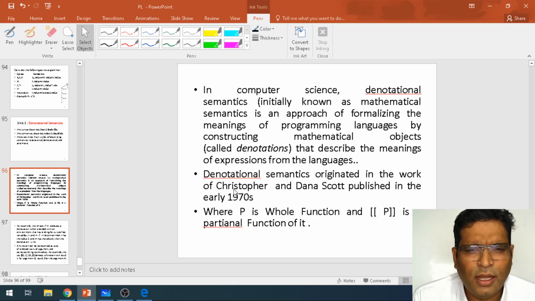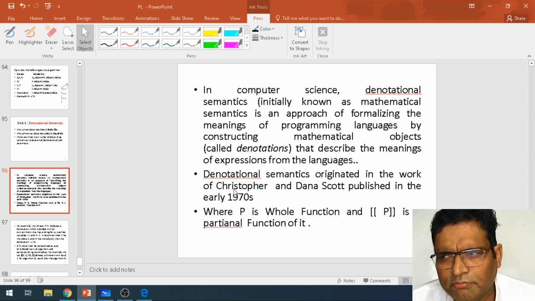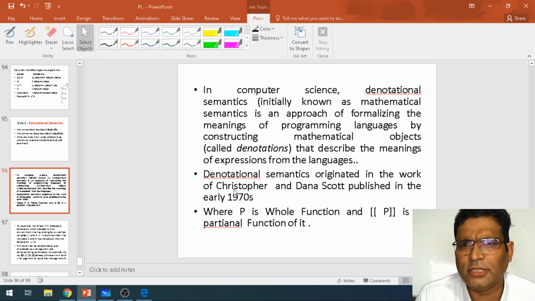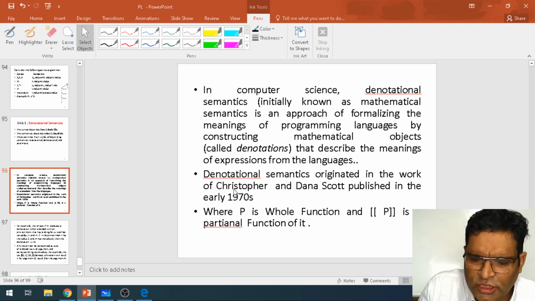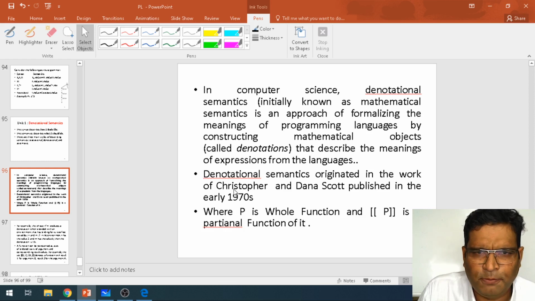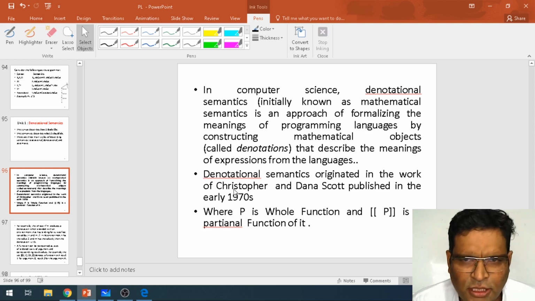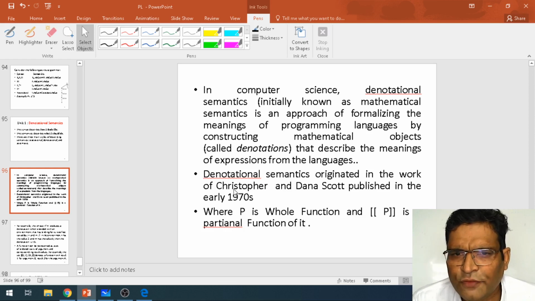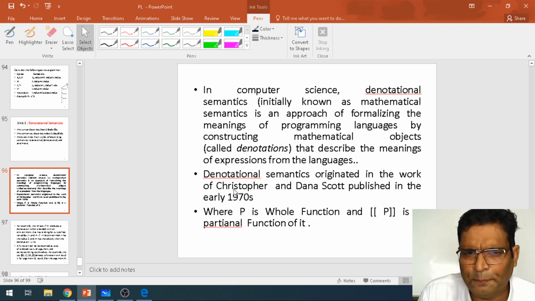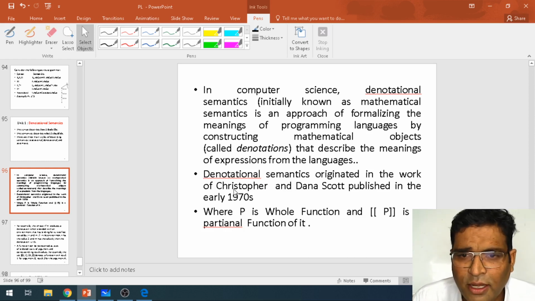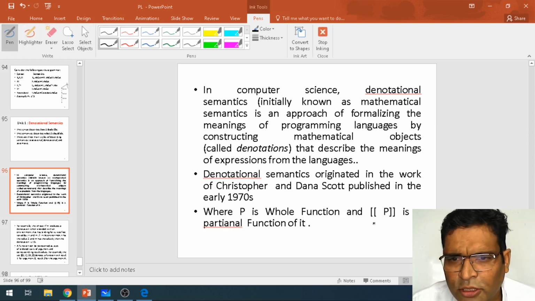The important point in denotational semantics is that it gives you the intermediate value of a function: how you calculate the intermediate value of a function. It describes the meaning of expressions for a language. If p is a whole function, the intermediate function is denoted by this value; if p is a value, it is denoted by this value.